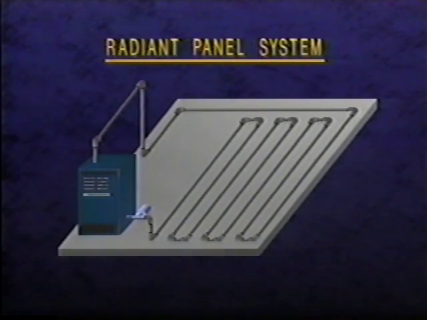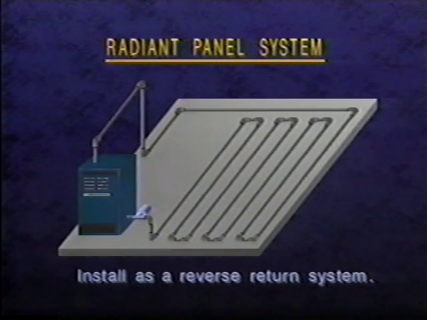Radiant panel systems circulate hot water through a series of pipes located in either the floor, ceiling, or walls. In this system, the floor, ceiling, or wall acts as the terminal. Typically, radiant systems are reverse return two-pipe systems to prevent the water from short-circuiting through the shortest distance in the system. There is a resurgence in the use of radiant systems due to the less expensive plastic piping. Remember that oxygen-impervious plastic pipe needs to be used in these types of systems to help protect the boiler from